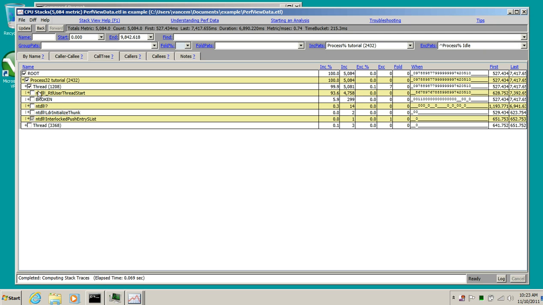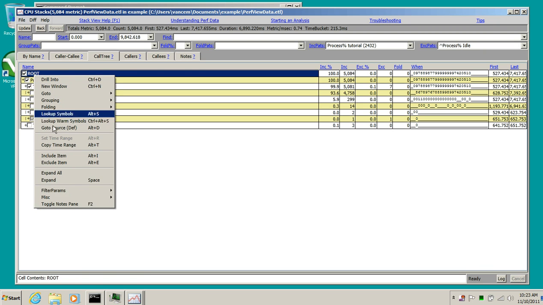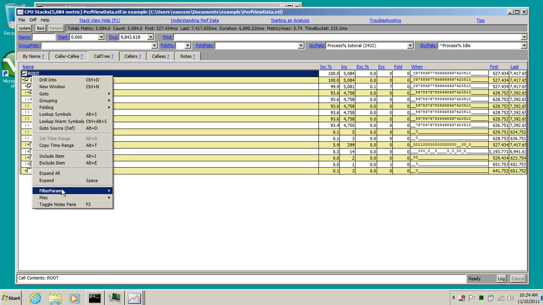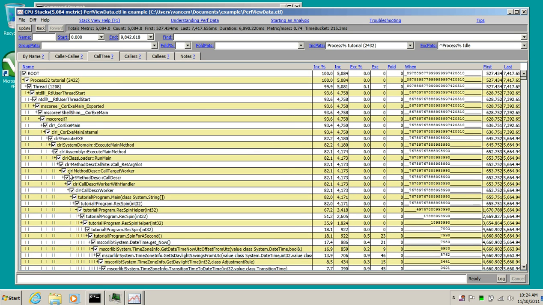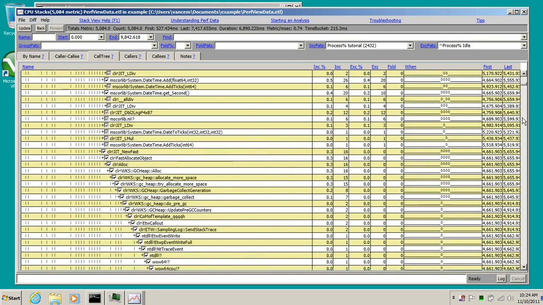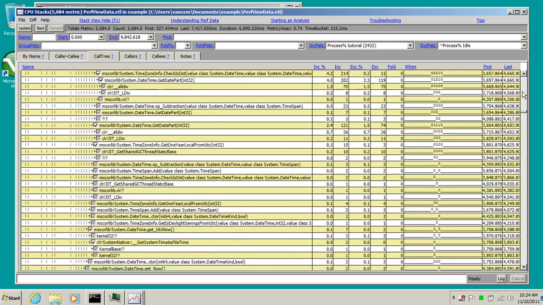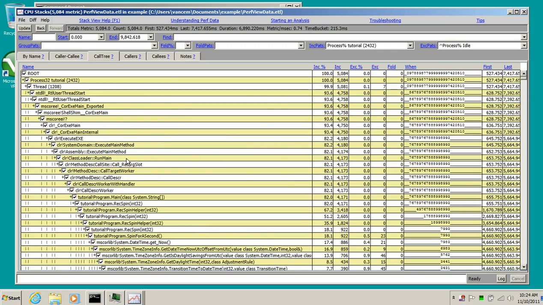And I've also gone to the call tree view, and in the call tree view I'm going to expand all of the nodes. The first thing you're going to notice is that there are quite a number of them. There are lots and lots of call tree nodes in here, and so you can imagine that it gets a little complicated. And keep in mind, this particular program,